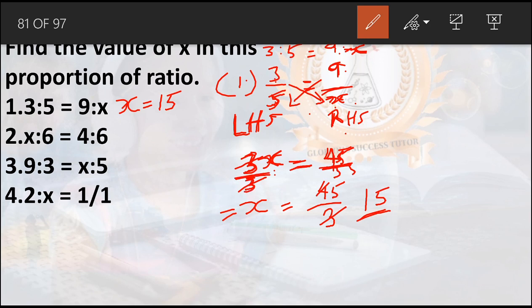You divide this side also by 3. Do you understand it now? So 3 cancels 3, we are left with x. x equals 45 right here divided by 3. This gives us nothing but 15. Final answer is 15. Do you grab it? Good. Let's do number 2. Number 2